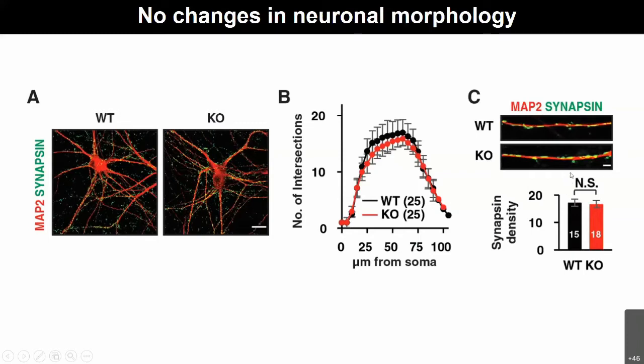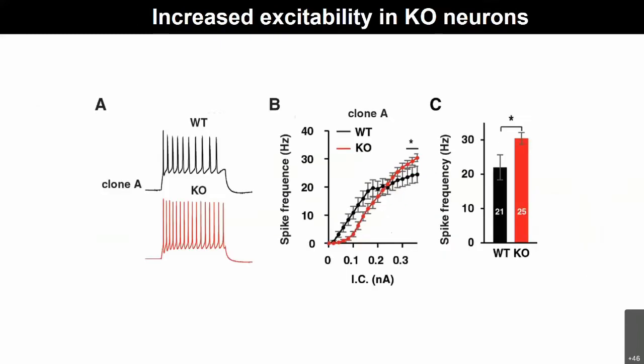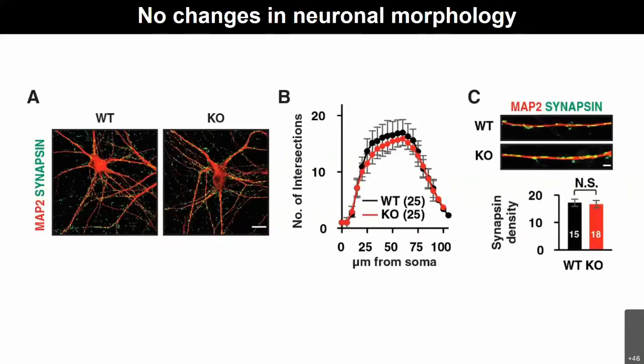Synaptic density is also normal, as quantified here. This lack of apparent morphological phenotypes is kind of surprising and not surprising. It is surprising to us that this looks absolutely fine, because in the field many people have reported all kinds of phenotypes, such as the dendrite phenotype, in the mouse models. There's a bunch of other phenotypes, but we don't see that in the human neurons that we obtained.